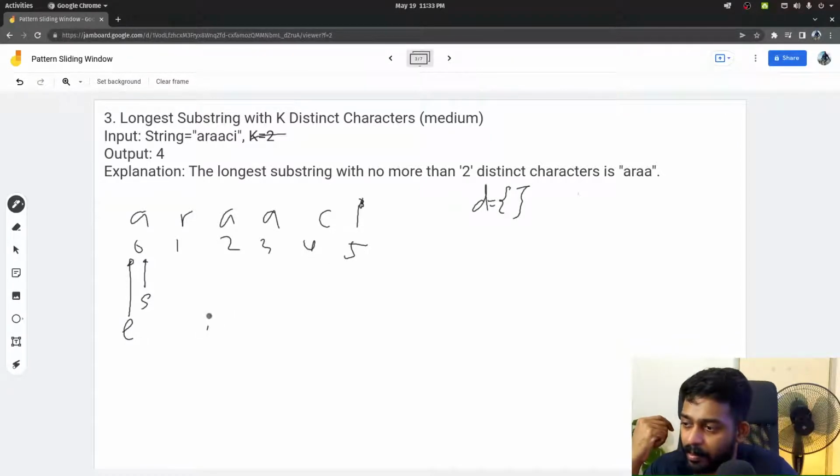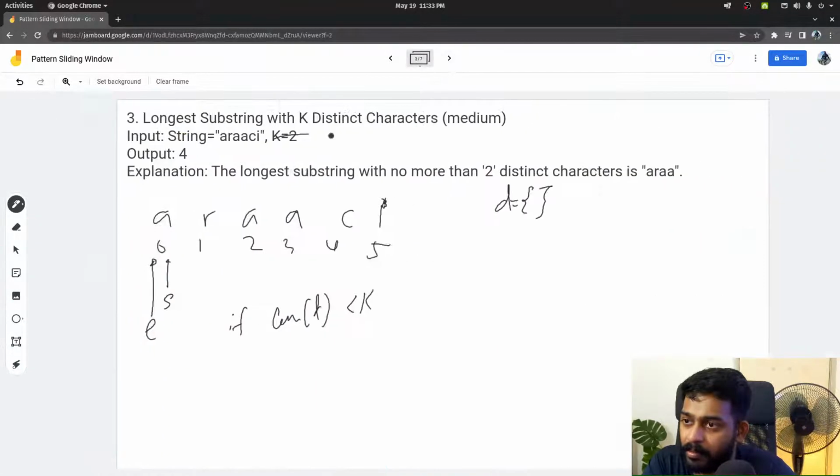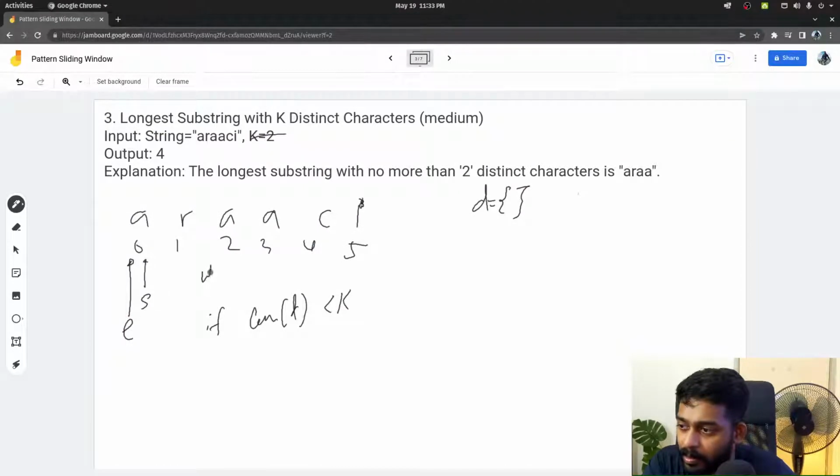So if len d is less than k, ideally, like in previous examples, the ending pointer will just increase. So what we can say is, while e is less than n, and if len of d is less than k,